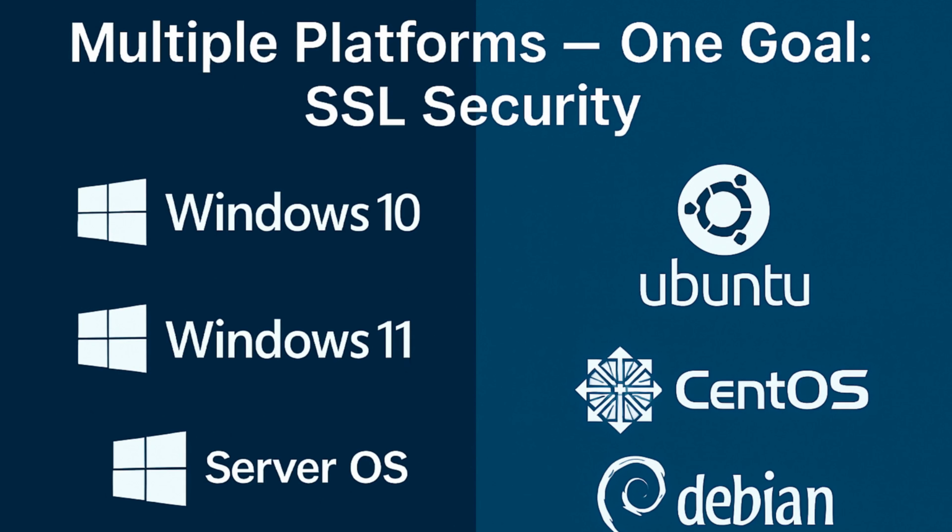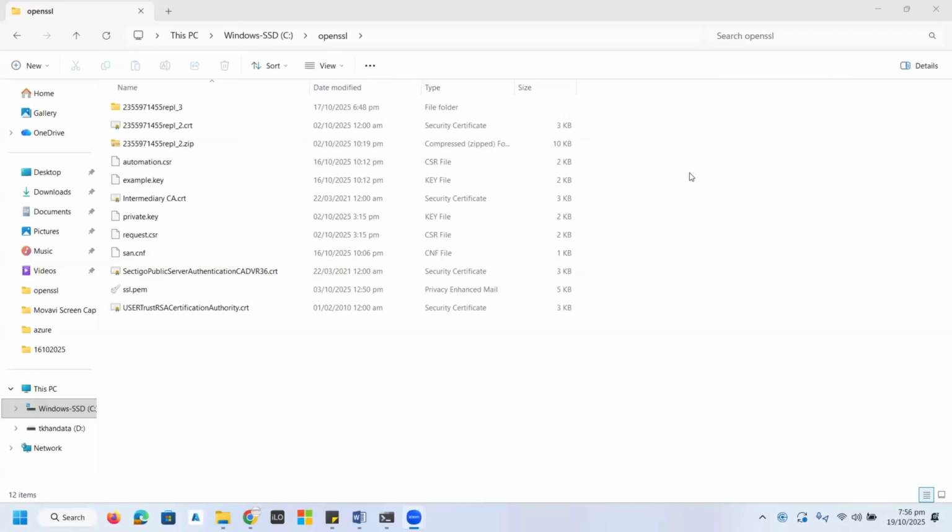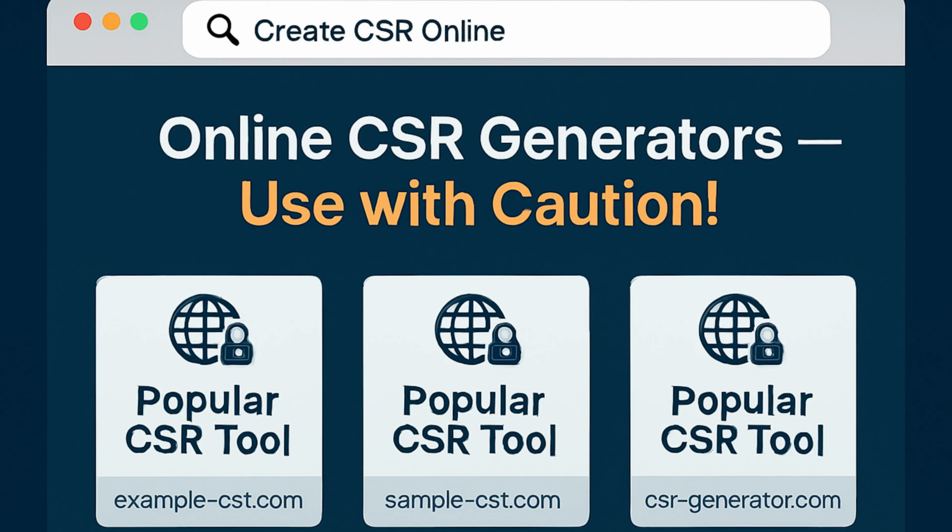In the same manner, if I utilize the open source platform, there are a number of tools available on Ubuntu, CentOS, and Debian, which I can utilize for this purpose. And if I look into the online platform, there are a number of online tools on behalf of which you can easily create a CSR request. If you are really interested in those platforms, the learning videos are available in the description of this video.